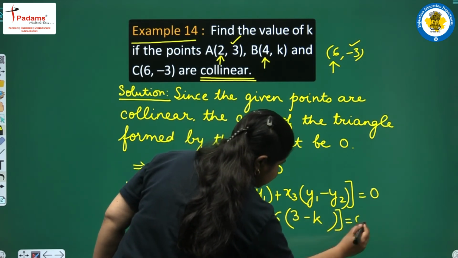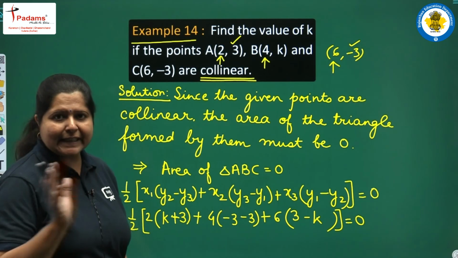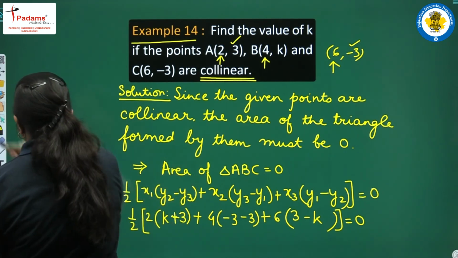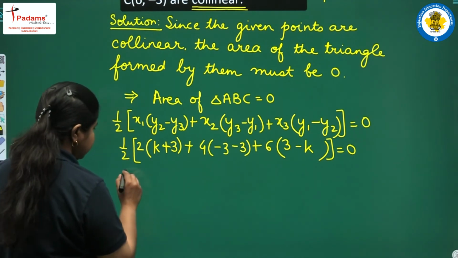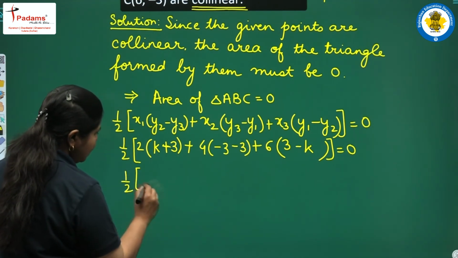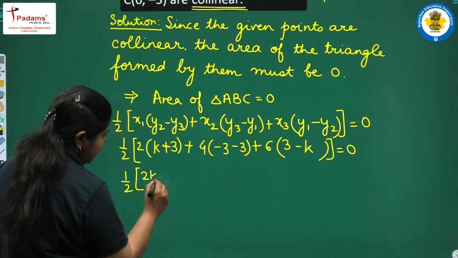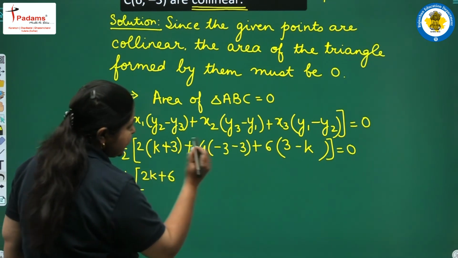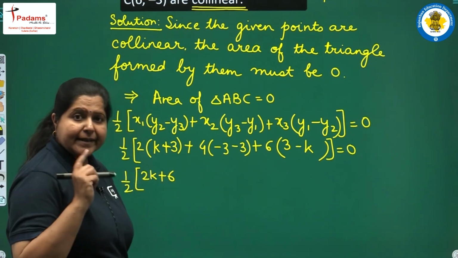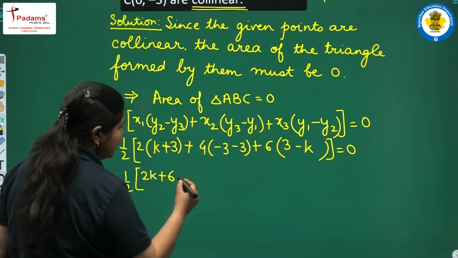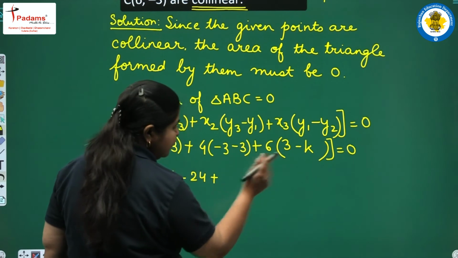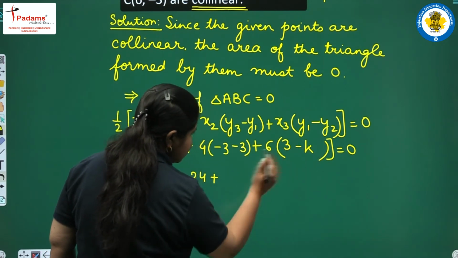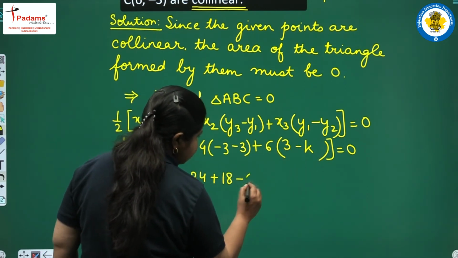All this is equal to 0. I hope you are connecting yourself with it and you are able to understand. Now what next? Simplify. This will be half into, open up the bracket, it will be 2k plus 2 3s are 6. Here we have -3, it will be -6, and -6 into 4 it will be -24. Then here again we cannot solve this one, so 6 3s are 18 and -6k